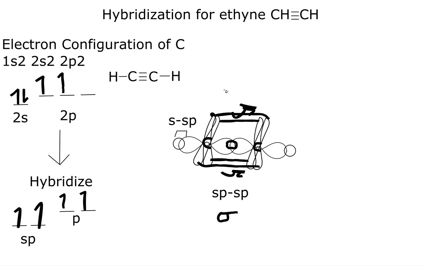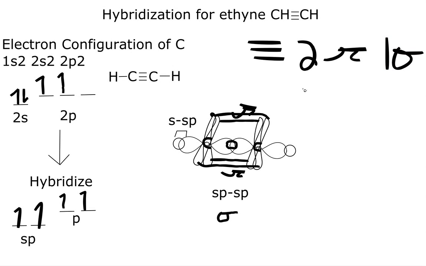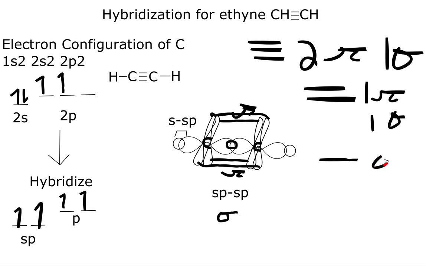Now that is why carbon will undergo sp hybridization when we have 2 bonds or 2 atoms connected to it. Remember, a triple bond contains 2 pi bonds and 1 sigma, and a double bond contains 1 pi bond and 1 sigma, and a single bond is just a sigma bond. So if you want to write that down, that's what that means, and that is why in ethyne each carbon undergoes sp